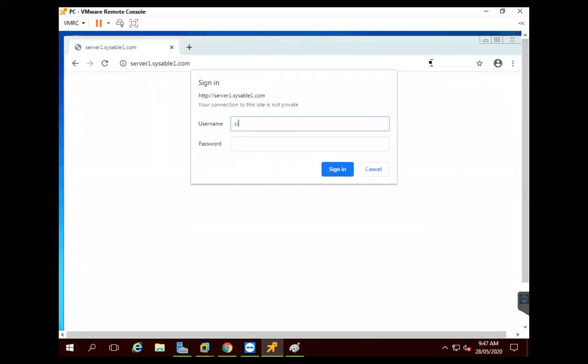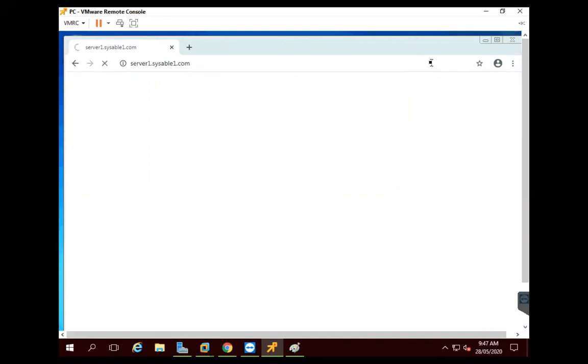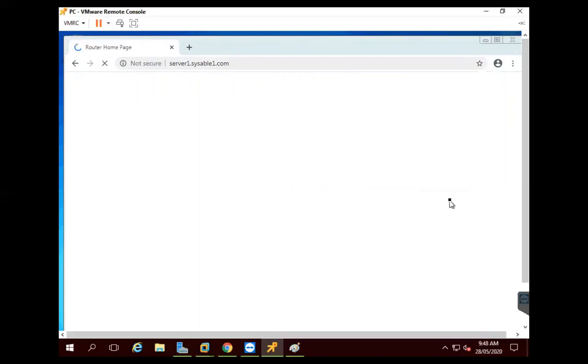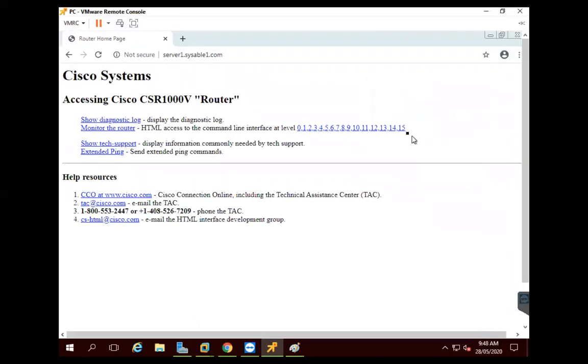So now I will be providing the username and password for the router which we have created, Cisco. And I will select the privilege 15 because I have assigned the privilege 15.